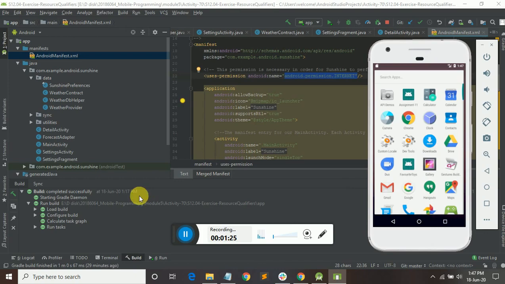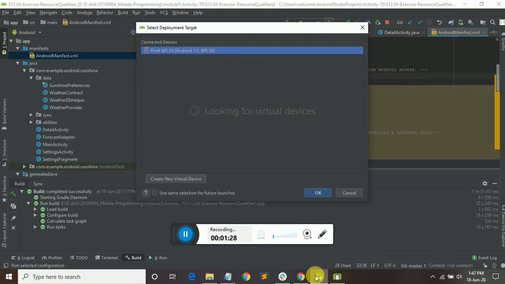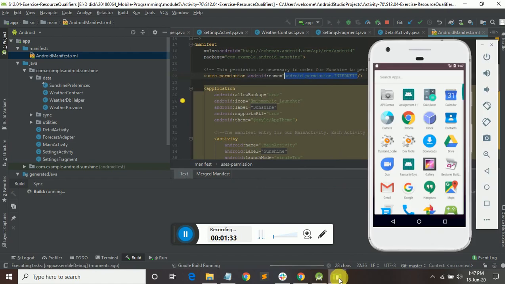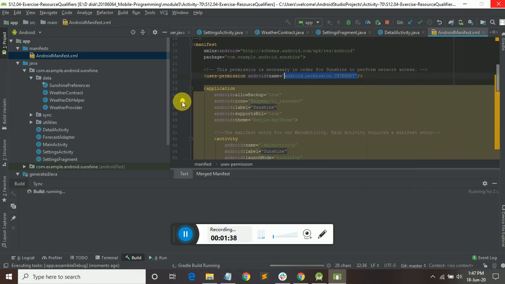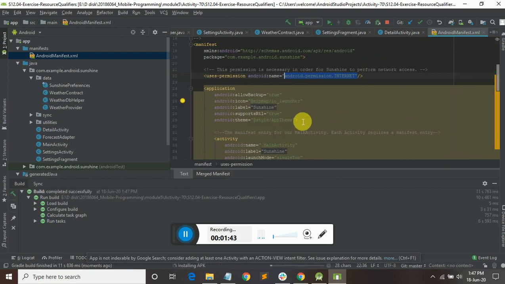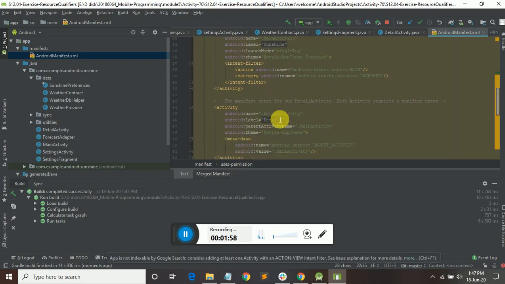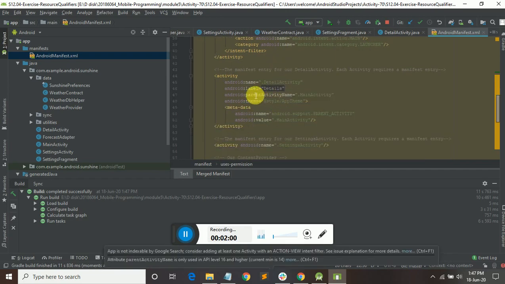Okay. I need to run this project. It will take some time to run the project. Here you can see the launcher. This is the icon. Here I used the first activity. What is this activity? After getting the main activity, what should be the theme? What is the main thing we need to do? And here we use just the launcher, and different activities we have used.